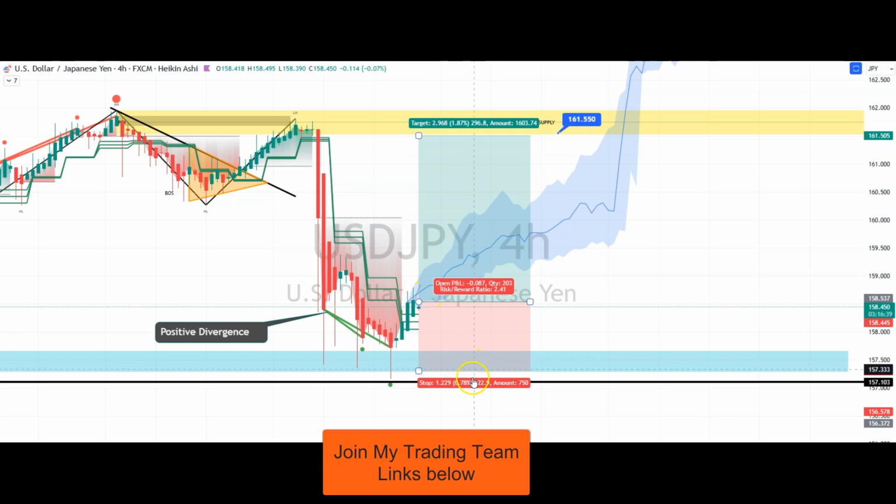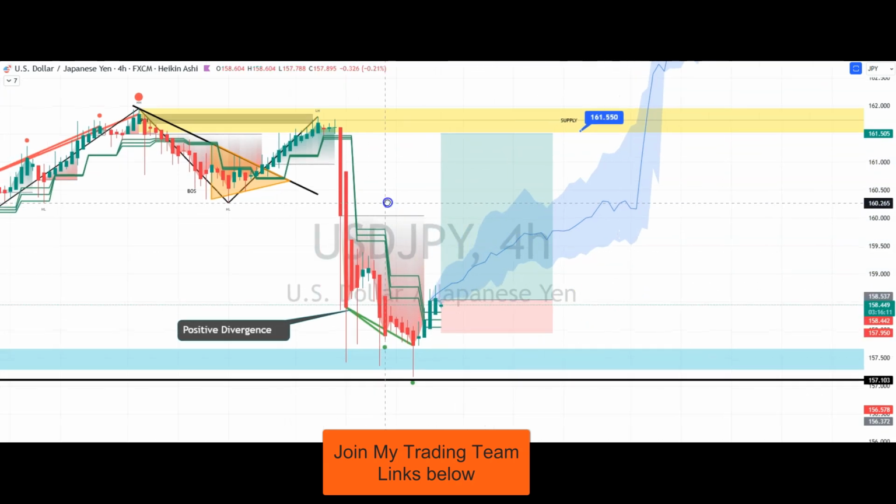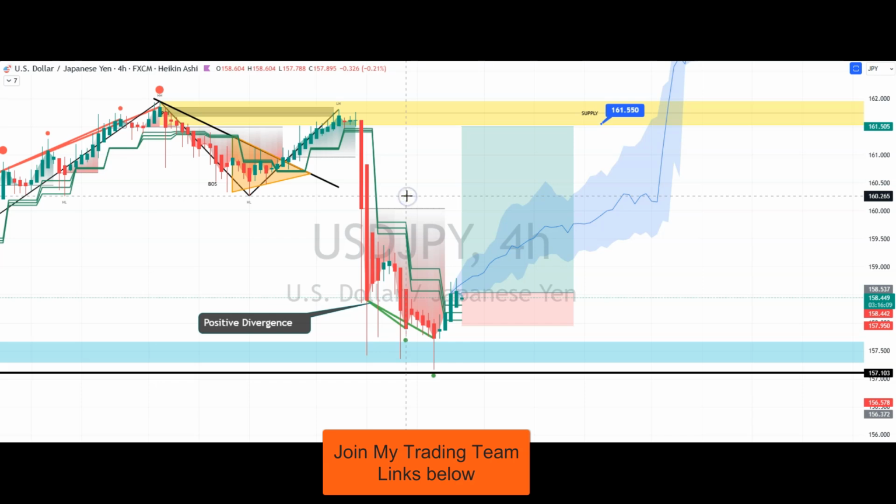Now, where do you put your stop? Well, the logical one is down here, isn't it? Below that support area, giving you plenty of room for the price to breathe. Don't forget you're only risking 2% of your funded account anyway, so it doesn't matter what the stop is. However, some people like to get in a little bit closer to the market. Now this is a little bit more aggressive stop, so you could put a stop here just below the support line